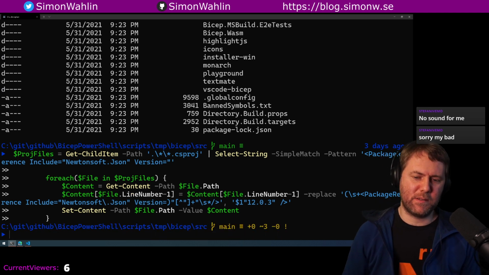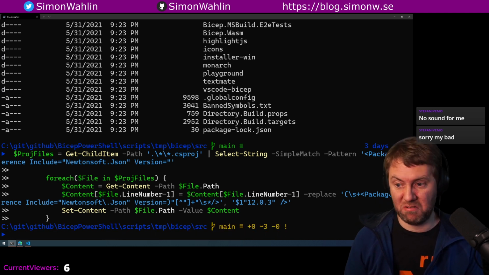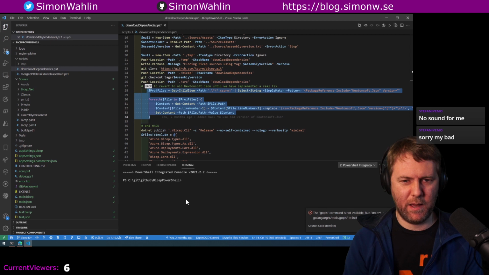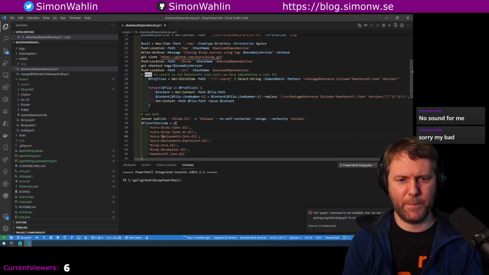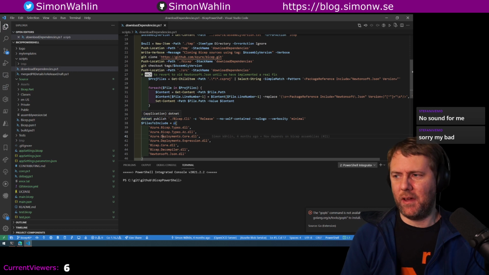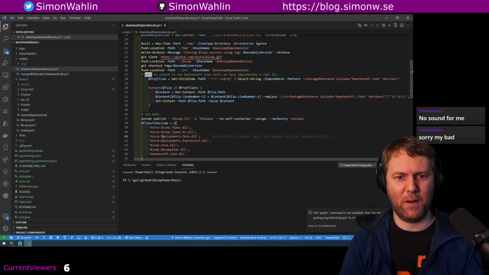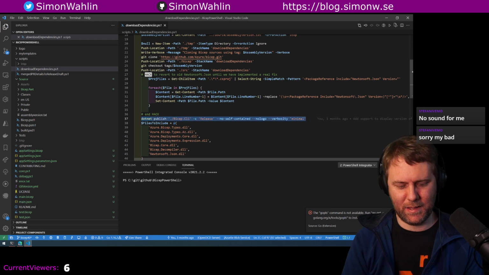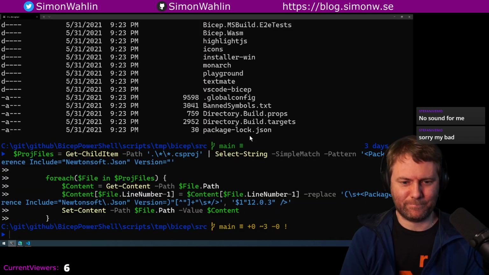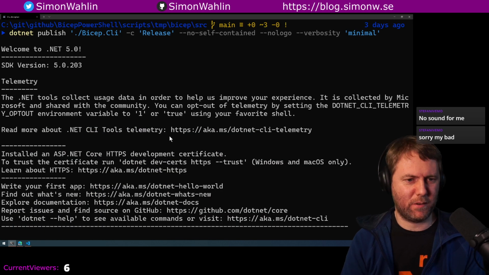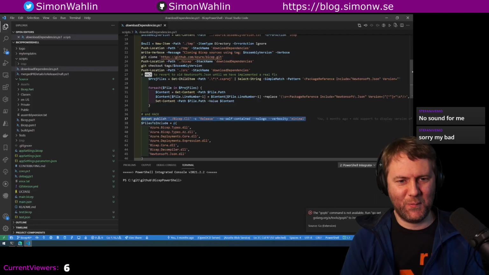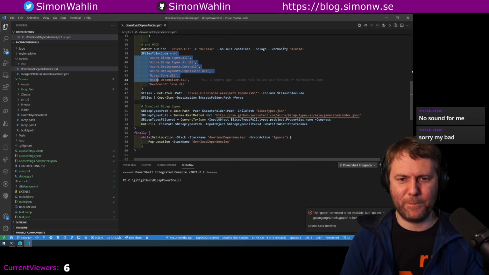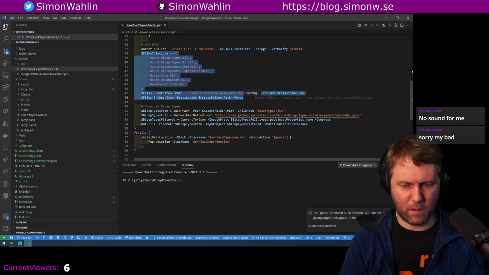So Bicep has a dependency on a Newtonsoft JSON version, whatever, newer than this one. And that doesn't really work with PowerShell so well. So we're just downgrading their version dependency and hoping that it will work. It's not super beautiful, but it works until it doesn't anymore. And hopefully we'll be able to fix it before that. So then we get all these files and we'll just copy them to